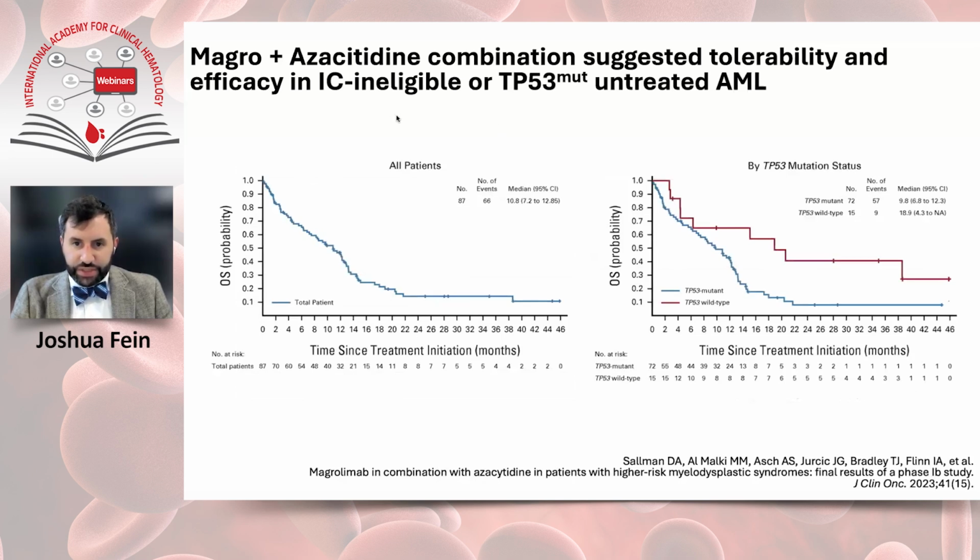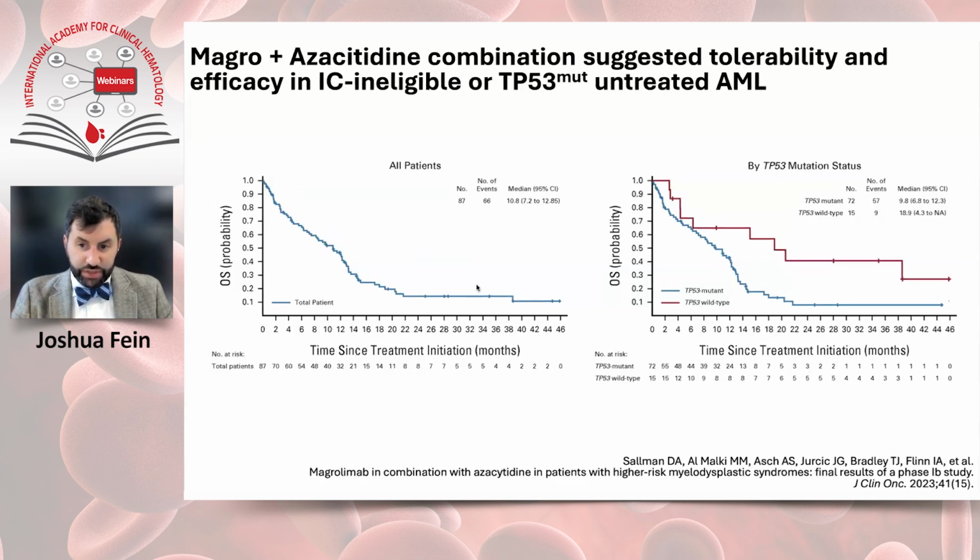And here we can see this is across all patients. There was a CR rate across all patients of 32%. In the TP53 wild type, that was 33%. In the TP53 mutant, that was 31%. So actually a very similar CR rate. In terms of the MRD negative CRs, it was 16 out of the 28 patients who achieved a CR across all patients were MRD negative, but actually 12 out of 23 TP53 mutant patients achieved an MRD negative CR.